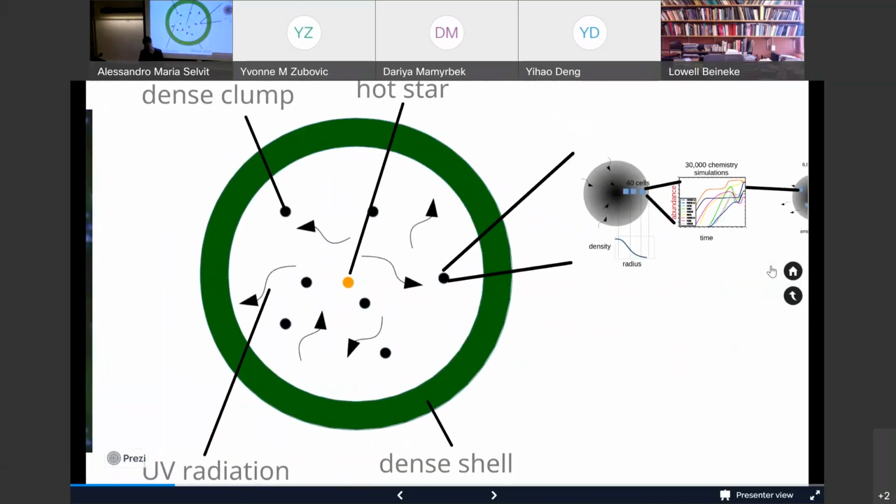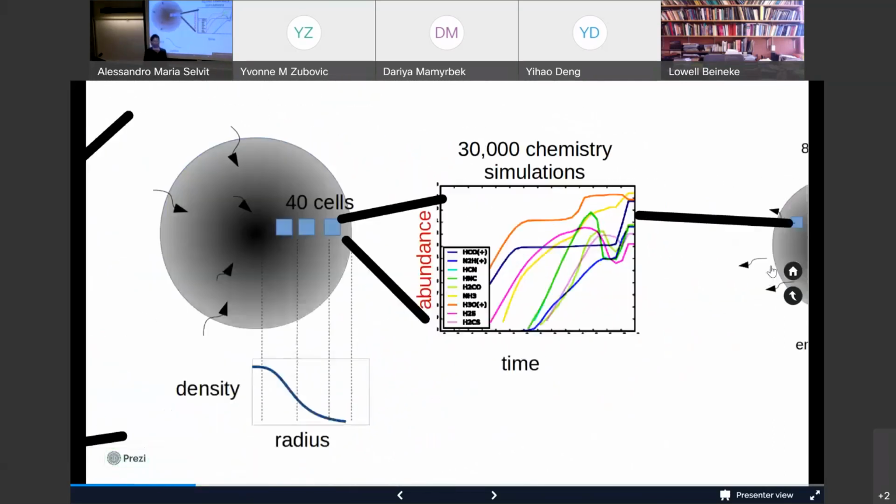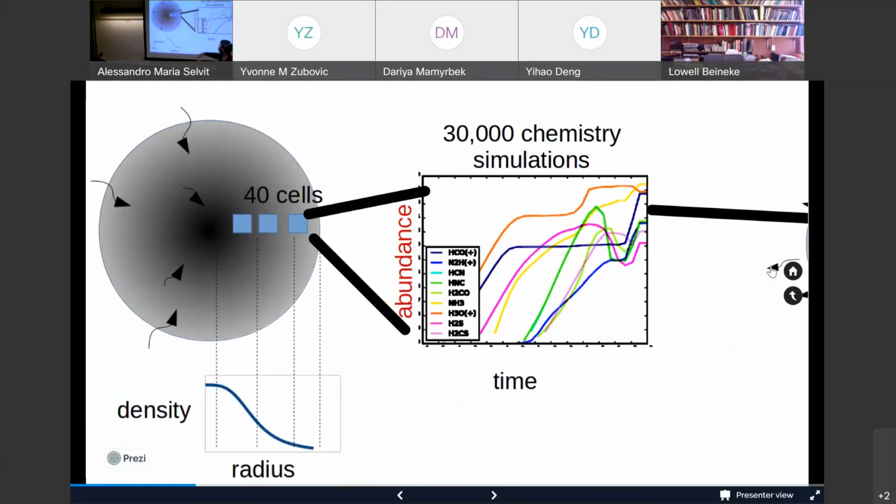So the dense clump, we simulate in the following way. We make some assumptions about the properties of the dense clump: how dense it is at the center, how large the dense clump is, and how much ultraviolet radiation is evaporating it. We then break it up into cells and use the simulation software Astrochem to simulate the novel chemical pathways, the